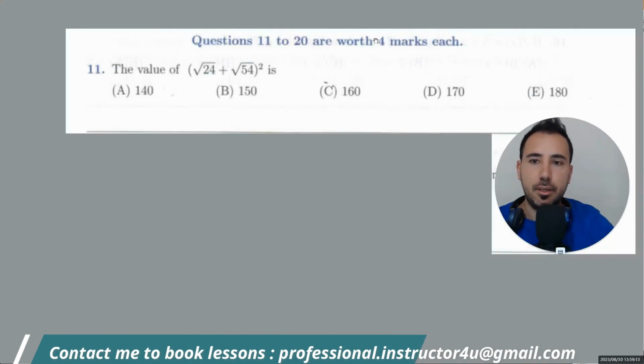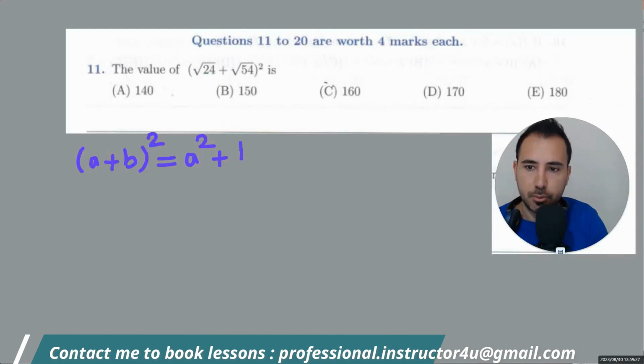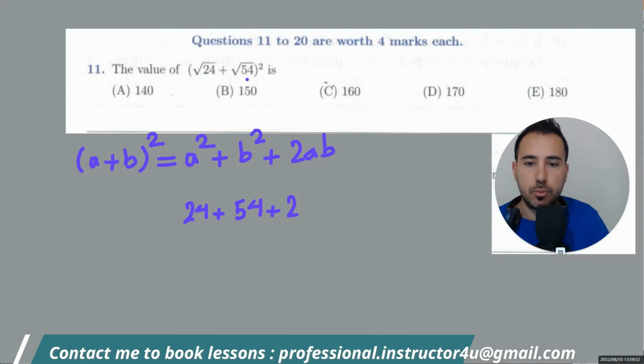Question 11, the value of this is equal to which one? We know that a plus b squared, like this, will be a squared plus b squared plus 2ab. Now the first term is a, the second term is b. When we square them, they cancel out the square root. So a squared will be 24. b squared will be 54 plus 2 times